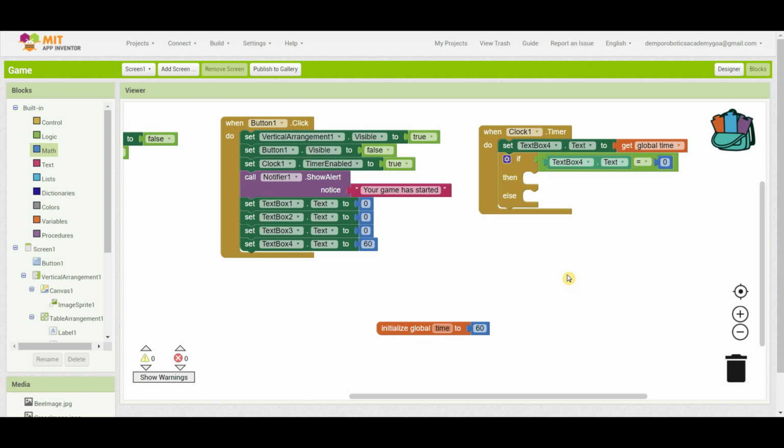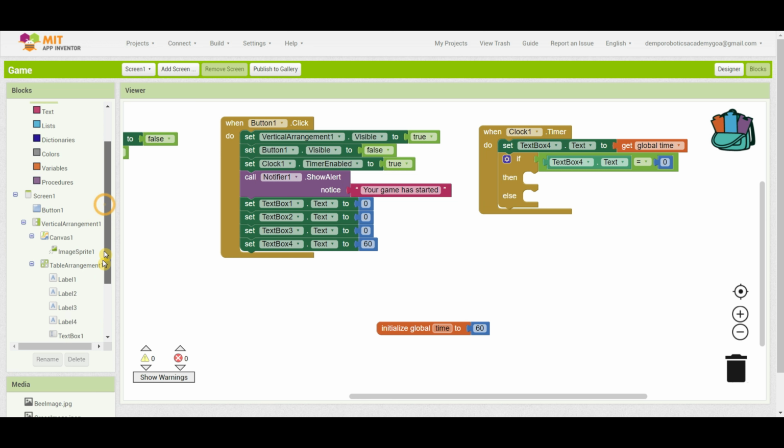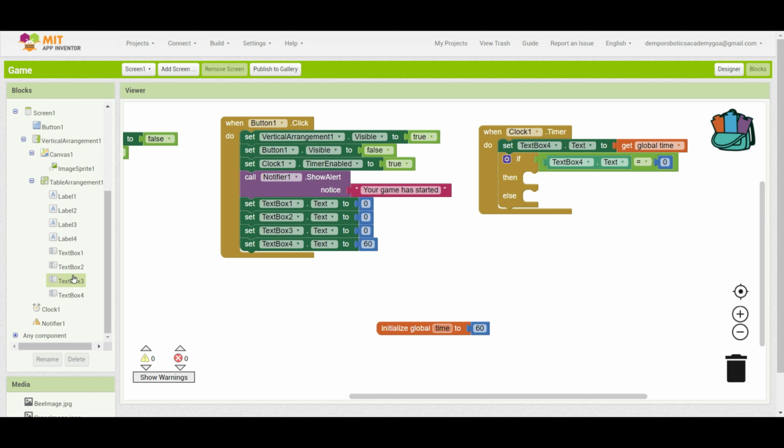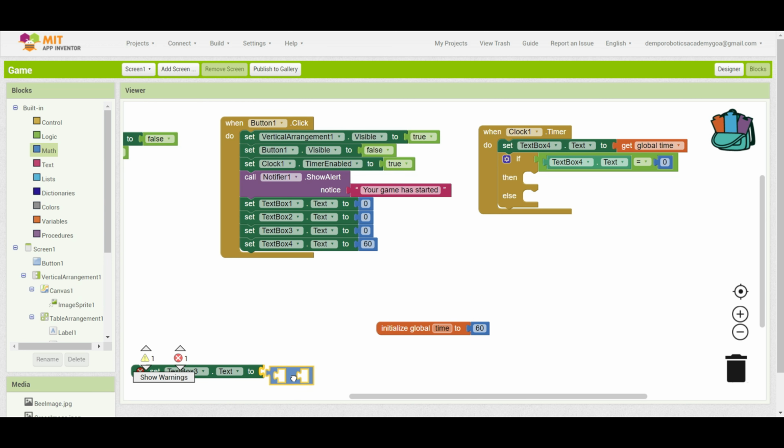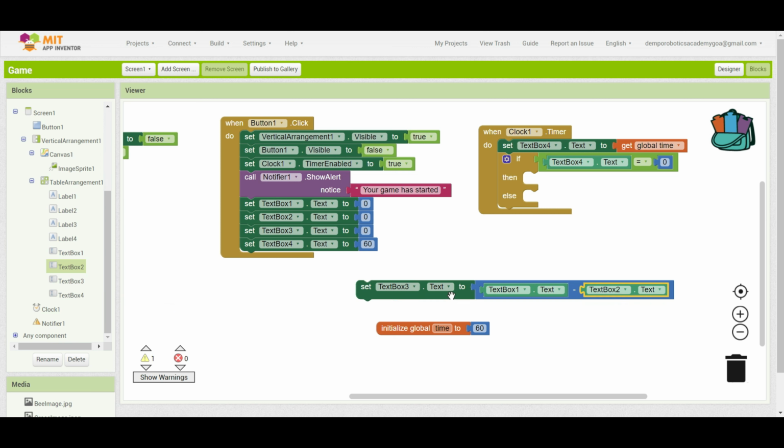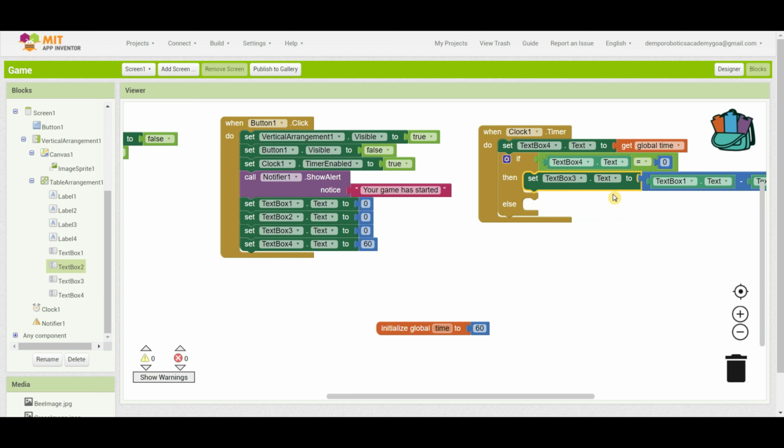Then after that, we set our text box number 3 text to text box number 1 minus text box number 2 like this, and then drag it out onto the then condition. Then go to the notifier and show alert notice that your game has ended or your game is